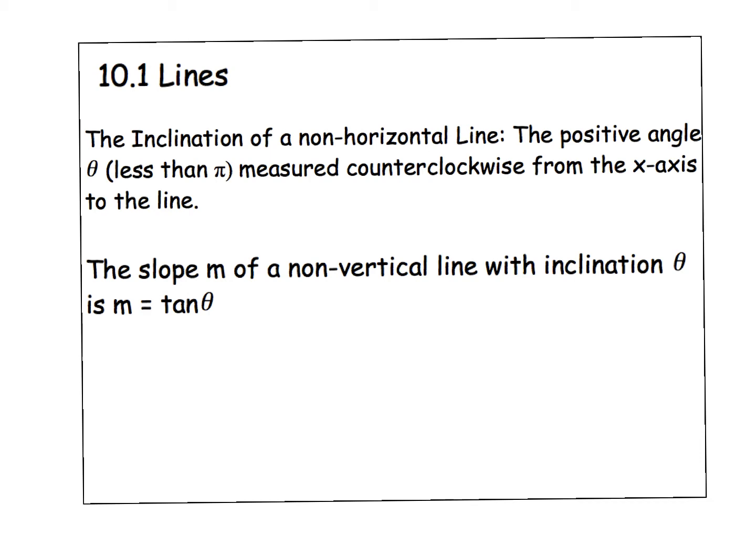non-horizontal line is the positive angle theta, less than pi, measured counterclockwise from the x-axis to the line. Okay, x-axis to the line, counterclockwise. We can find the slope m of a non-vertical line with inclination theta as m equaling tan theta. Right? If we sketched it out and drew triangles, it would make sense as to why that ends up being